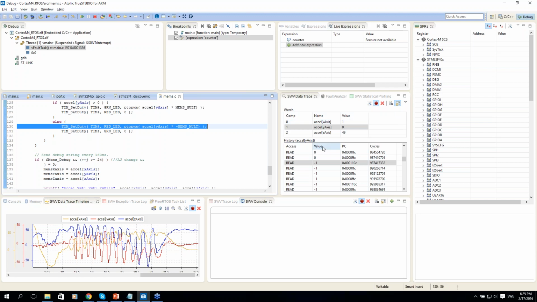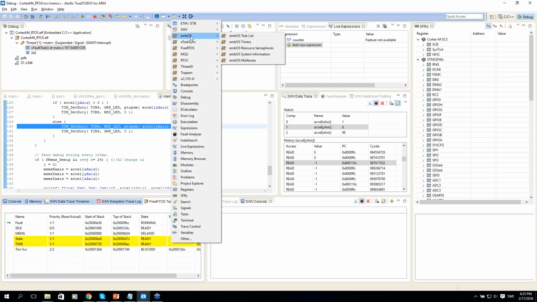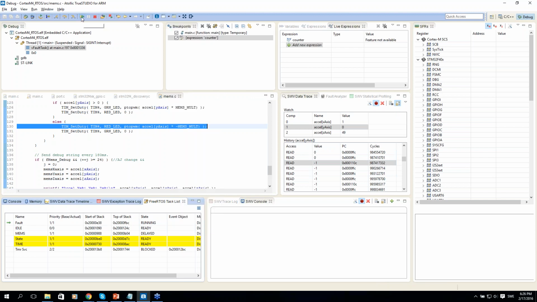That's the last thing I'd like to show you about serial wire viewer tracing. I see we only have 5 minutes left, so I should really speed this up. What I also want to show you is that we have kernel-aware debug support. We have that for a number of different RTOSes, FreeRTOS perhaps being the most popular one. So this application is running FreeRTOS,